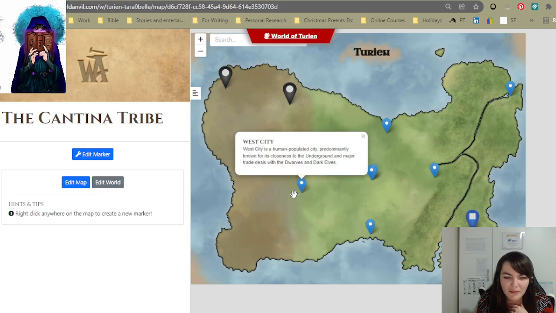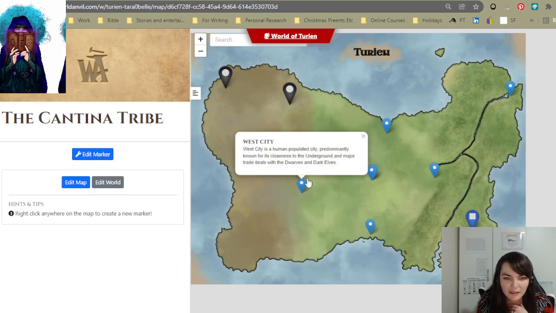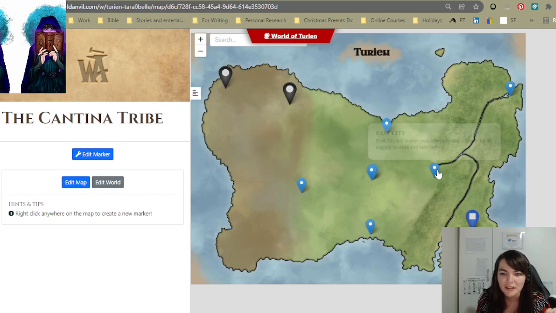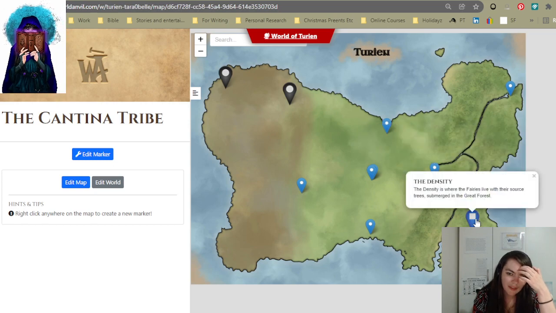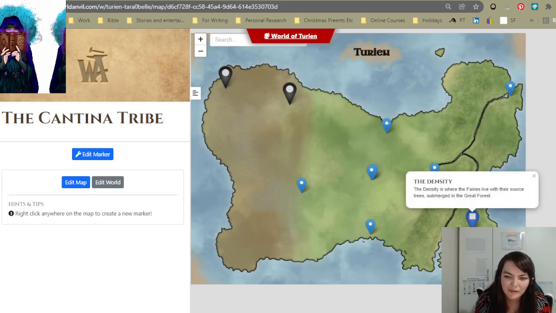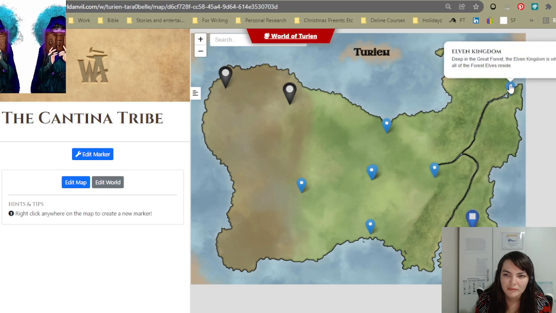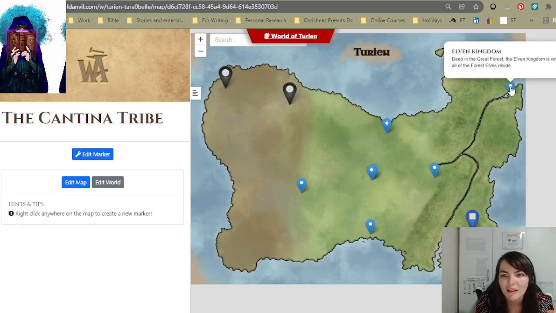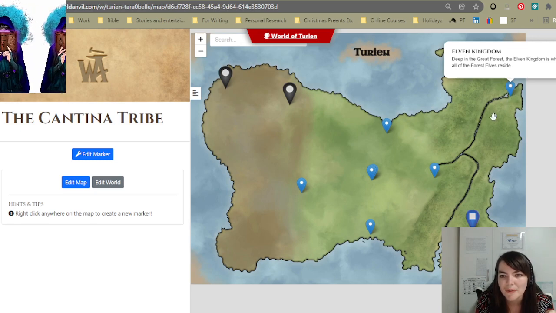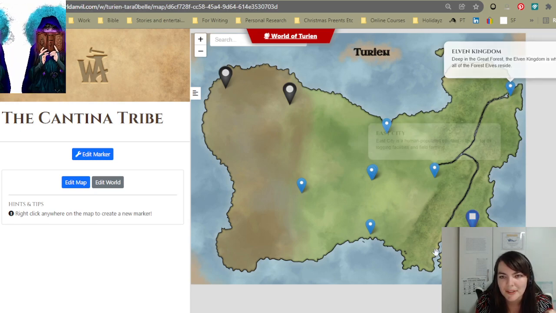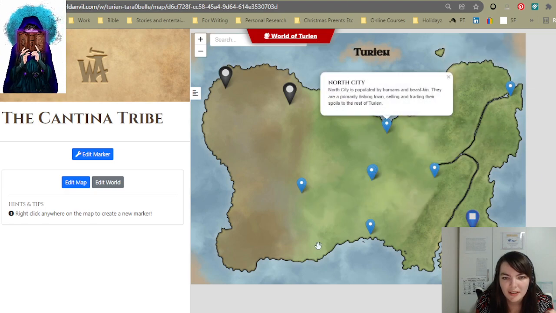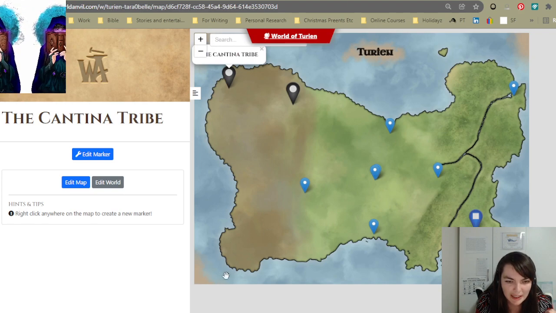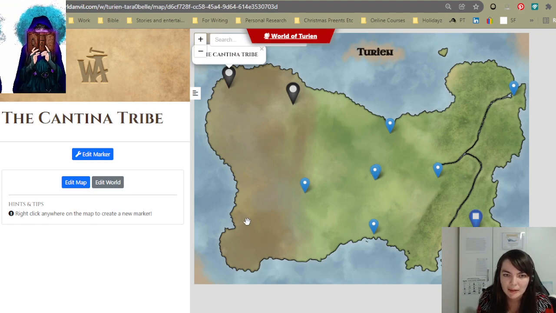West City is right next to the underground. So West City is humans, but the underground is dwarves and dark elves. The density is where the fairies live. Yeah, and the elves live up the top, so this whole section is the Great Forest. This section is the plains. This section is the wastelands, but there's a swamp area down here, so the frogkin and